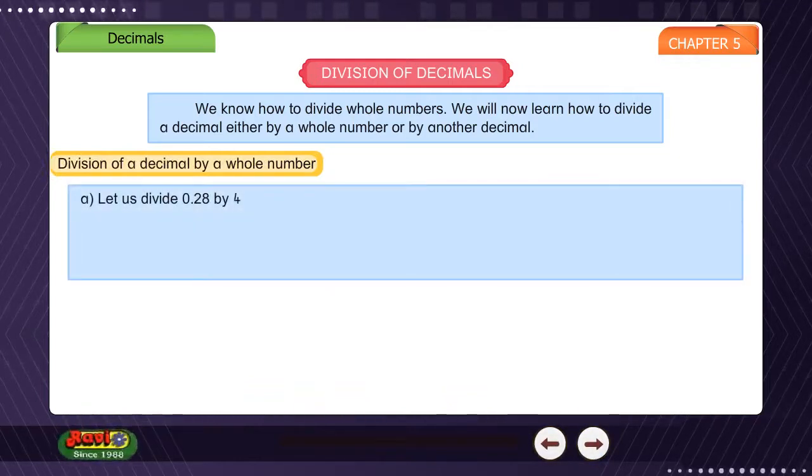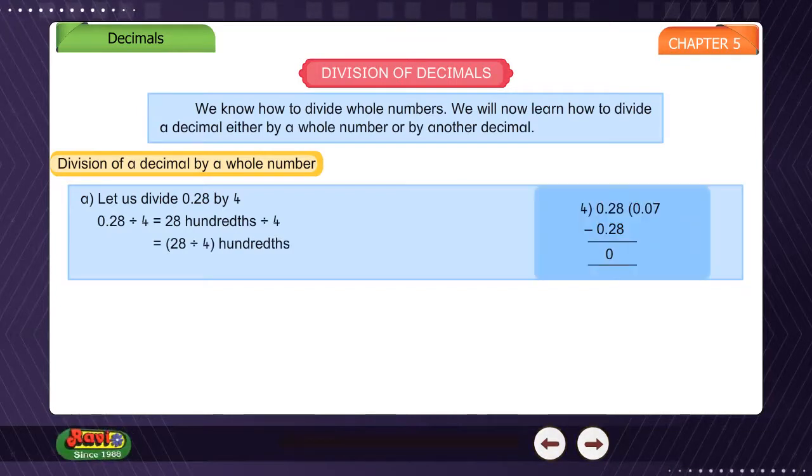A. Let us divide 0.28 by 4. 0.28 divided by 4 is equal to 28 hundredths divided by 4, which is equal to 28 divided by 4 hundredths, which is equal to 7 hundredths is equal to